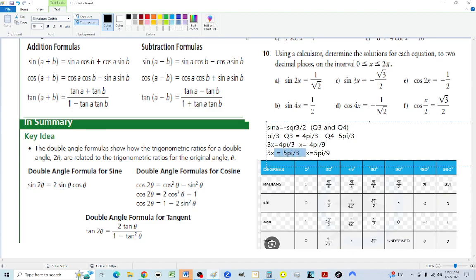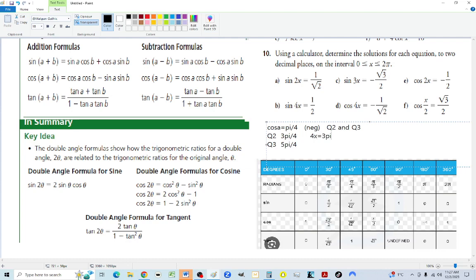And you always want to find the quadrants before you convert the x. So far, no calculator or double angles. When is cos A equal to negative 1 over square root of 2? Cos A is equal to 1 over square root of 2 at pi over 4. But we've got a negative value here. So this is quadrants 2 and 3. What is pi over 4 in quadrant 2? 3 pi over 4. And in quadrant 3, 5 pi over 4. Okay. Therefore,